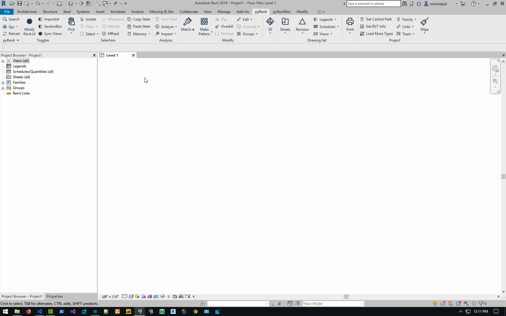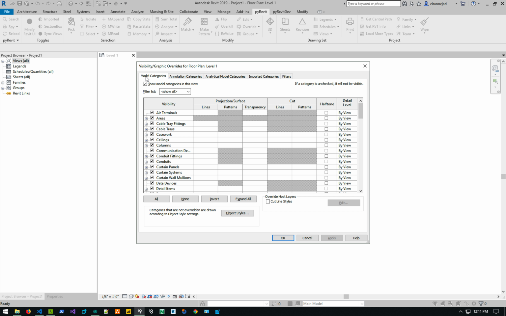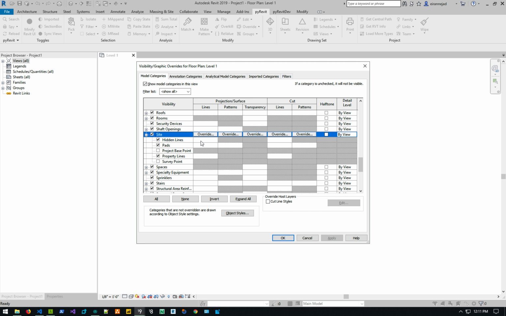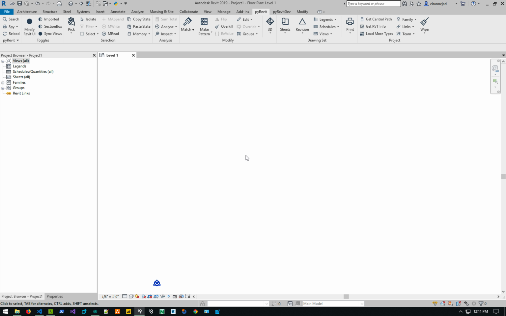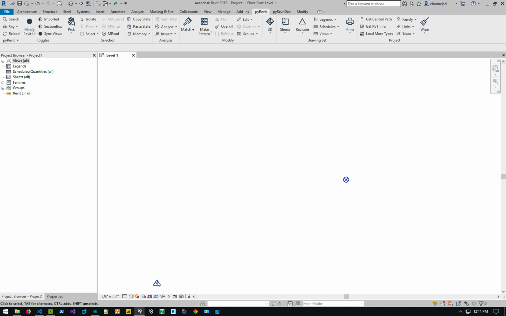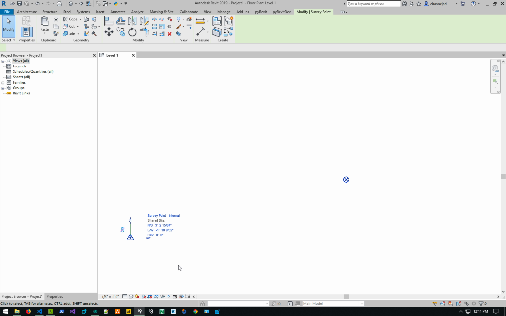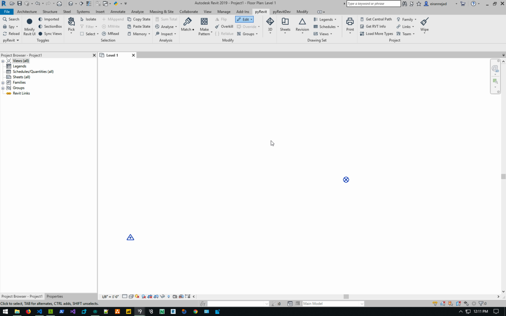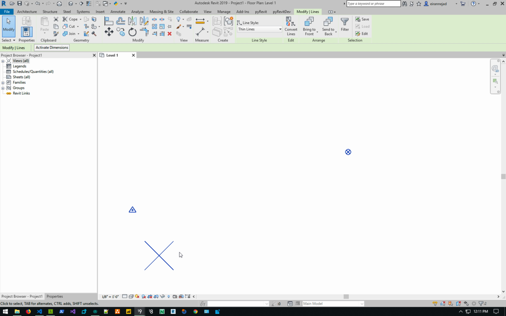Or if you're on a level and you want to turn on, for example, let's say site and then project base point, survey point, like you have these two, and imagine that they have been moved away to other areas and whatnot. If you say place origin marker, it places the origin at the original, the real units of measurement, the coordinate system for Revit, because